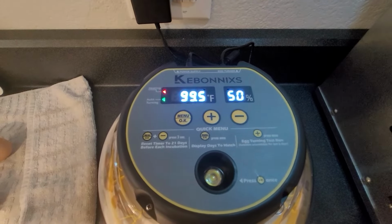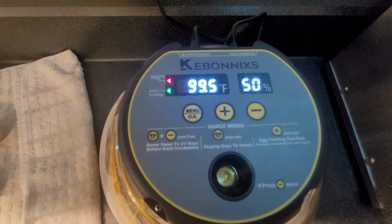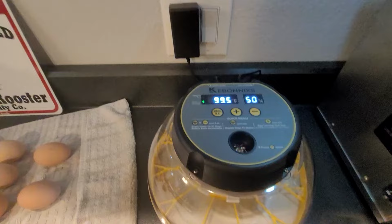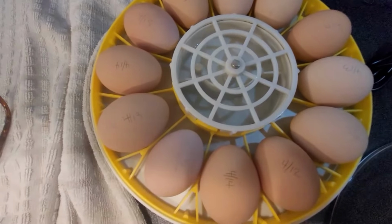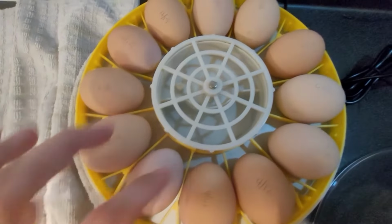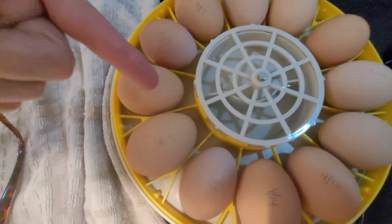Okay, so the temperature is now 99.5 and 50% humidity. I am going to go ahead and place the eggs in the incubator. Okay, so I placed the eggs in the unit. I know some of the eggs were more rounded than others, so I just looked at the eggs and what I felt like was the pointy side. The pointy side